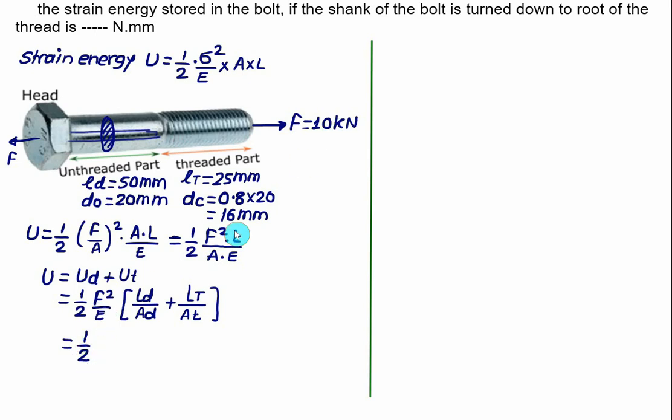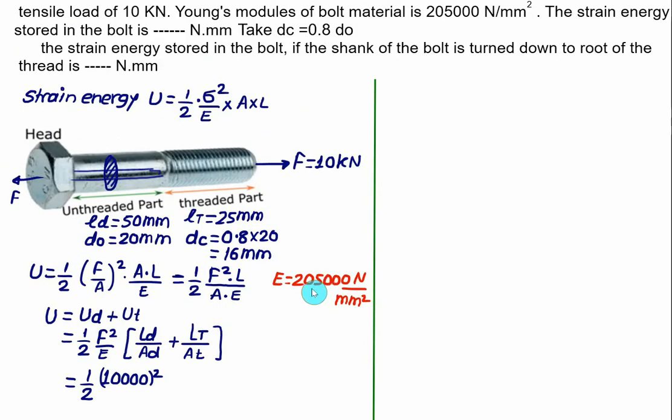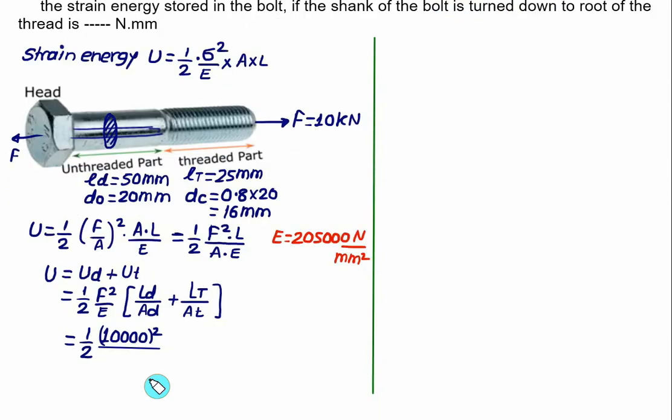Force you have to take in Newton, 10 kilonewton is 10,000, square of it. The Young's modulus value we have recorded is 205,000 Newton per mm square. So we'll substitute and solve again. So you have to substitute for Young's modulus equal to 205,000, multiplied by the length of the unthreaded portion equal to 50, divided by the cross section area, that will be equal to